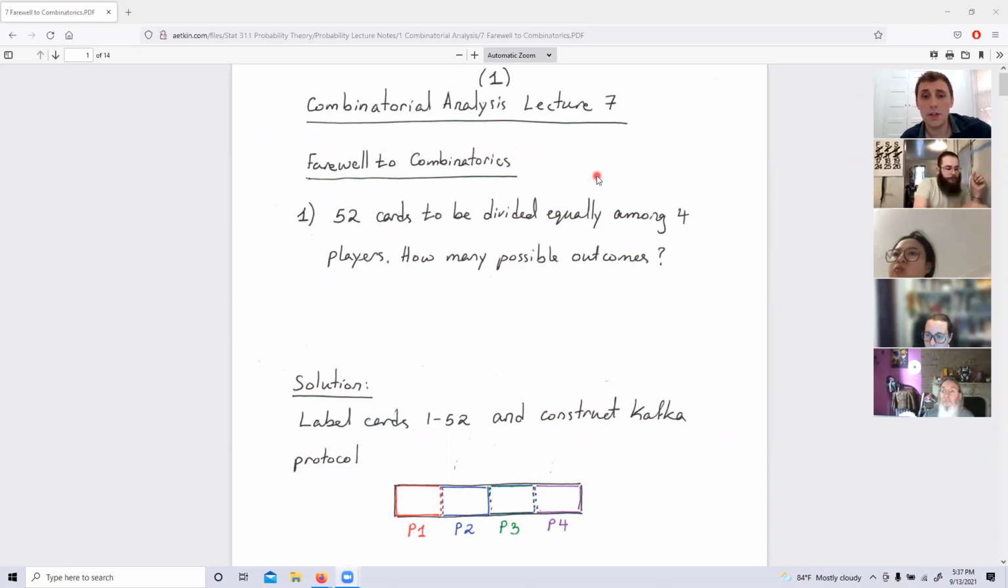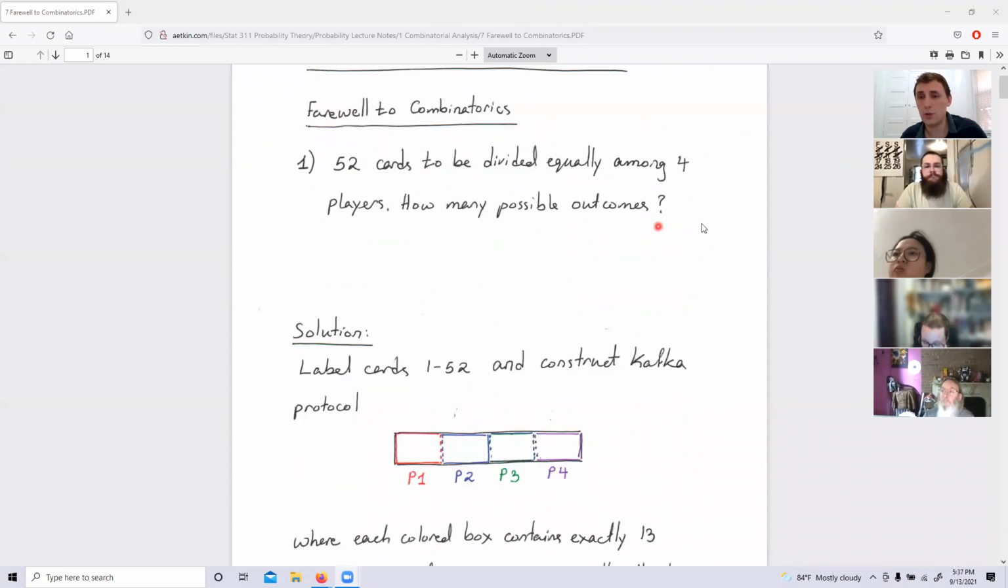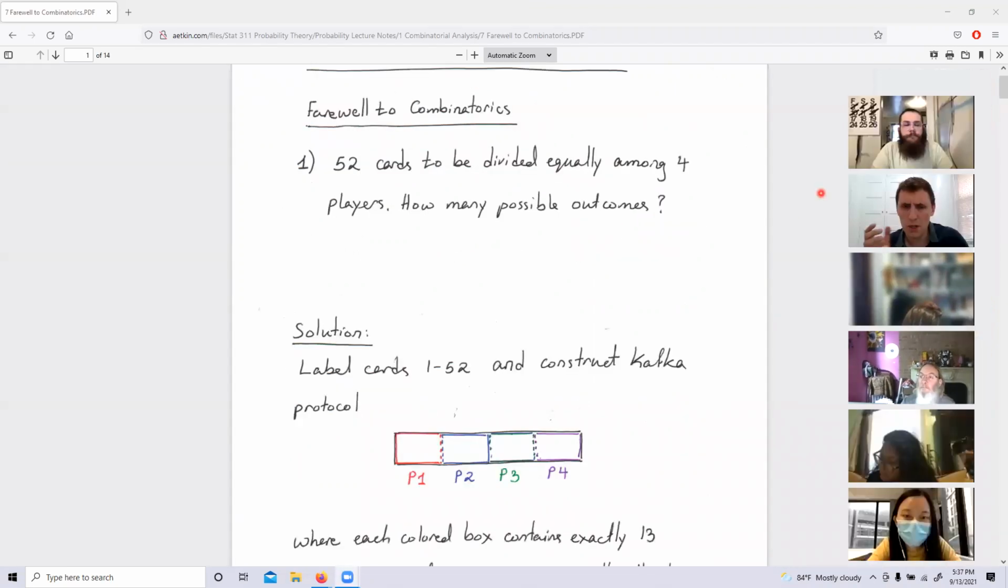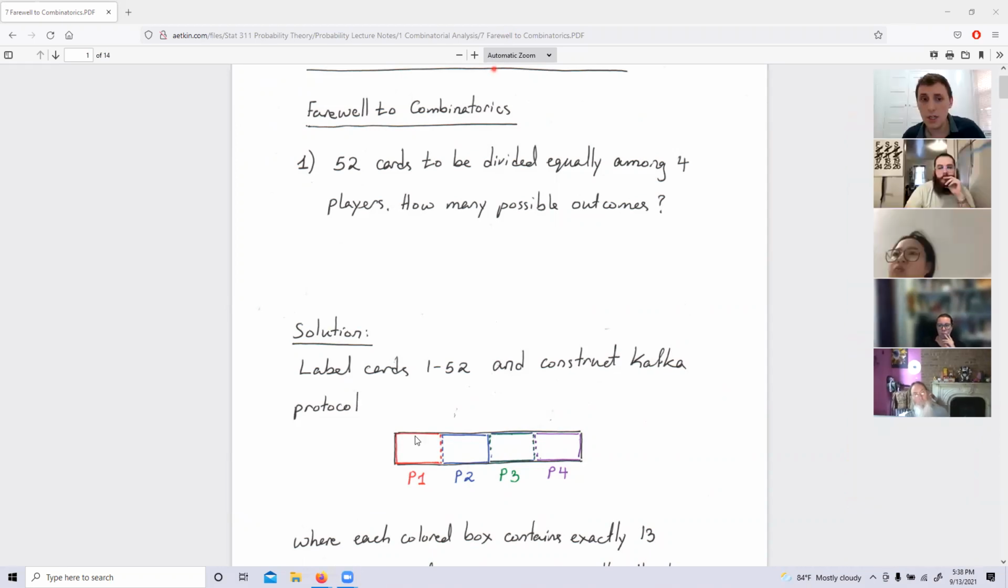Let's see the situation, guys. The way I would solve it is make a Kafka protocol, because even if I misunderstood the question, at least the Kafka protocol explains exactly how I interpreted this question. So the way I interpret this question is player 1 is a dragon, player 2 is a dragon, player 3 is a dragon, and player 4 is a dragon. And the knights, in that analogy that I use, are the different cards. So each of those boxes will receive cards